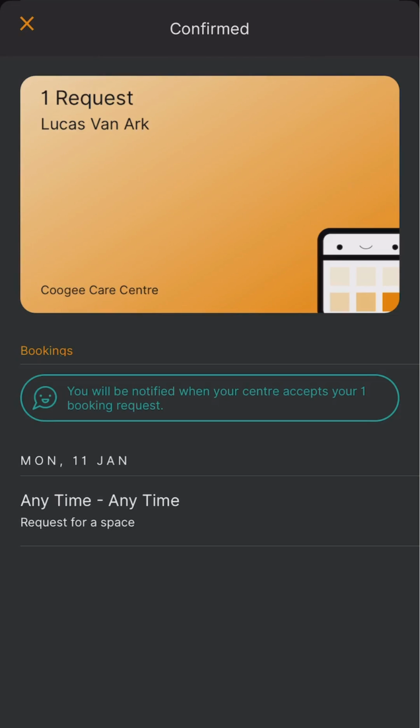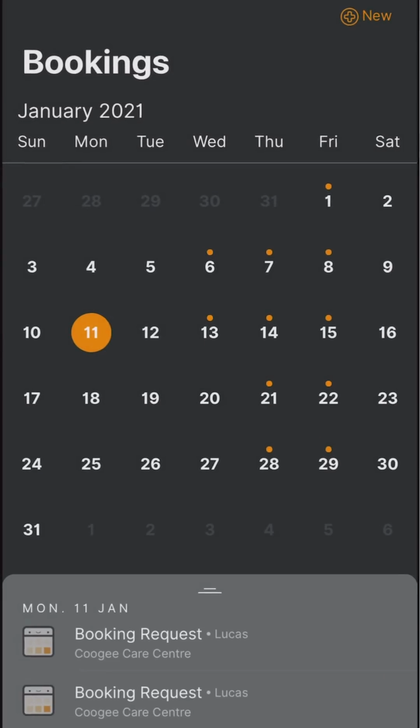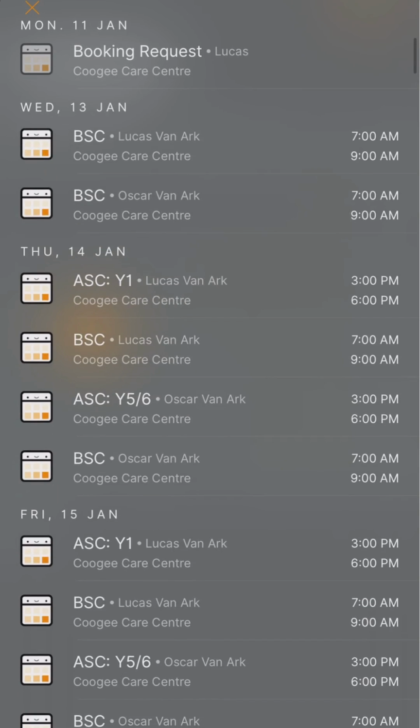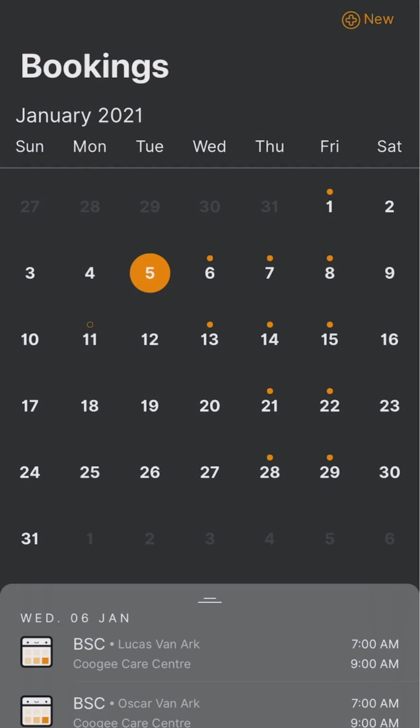Now it's time to check your requests. Close your screen, head to your calendar. On the bottom of the screen, you can also scroll up and see your bookings or your requests there. On the calendar, on the date you requested, if you see a clear orange circle, this means the request has